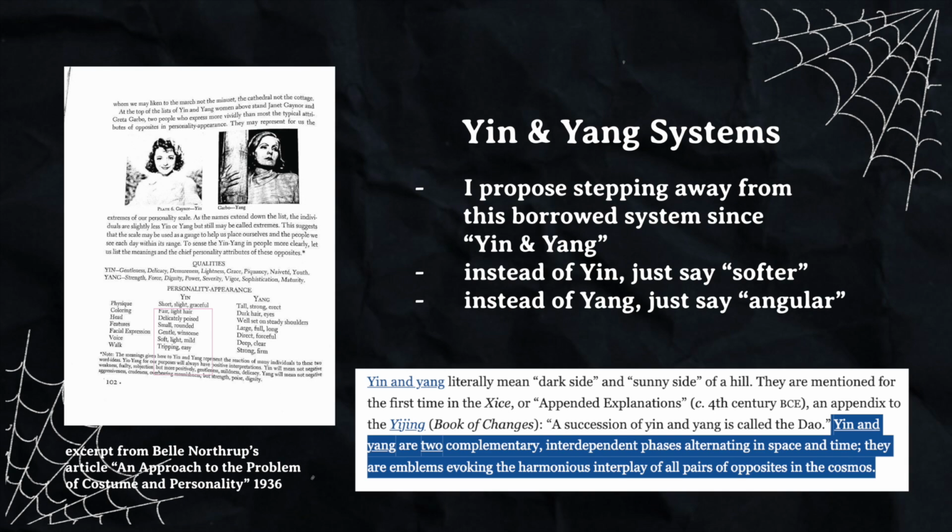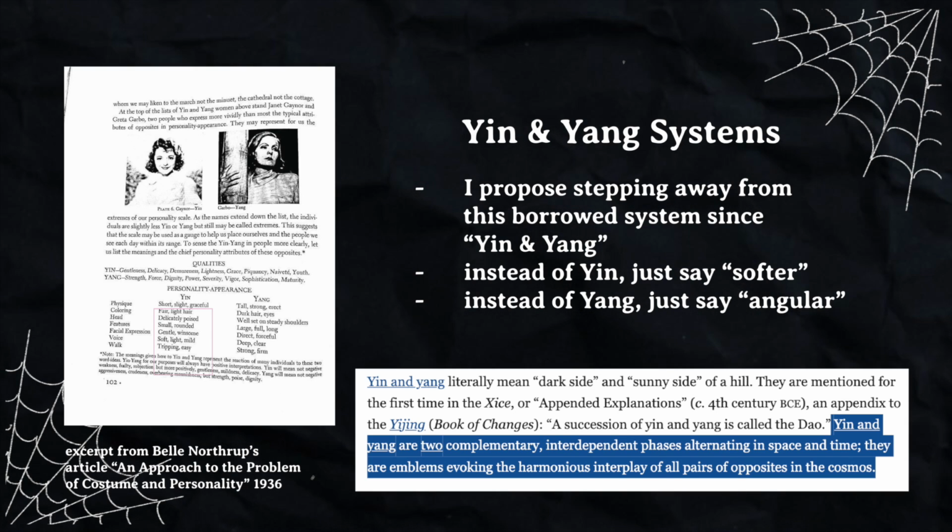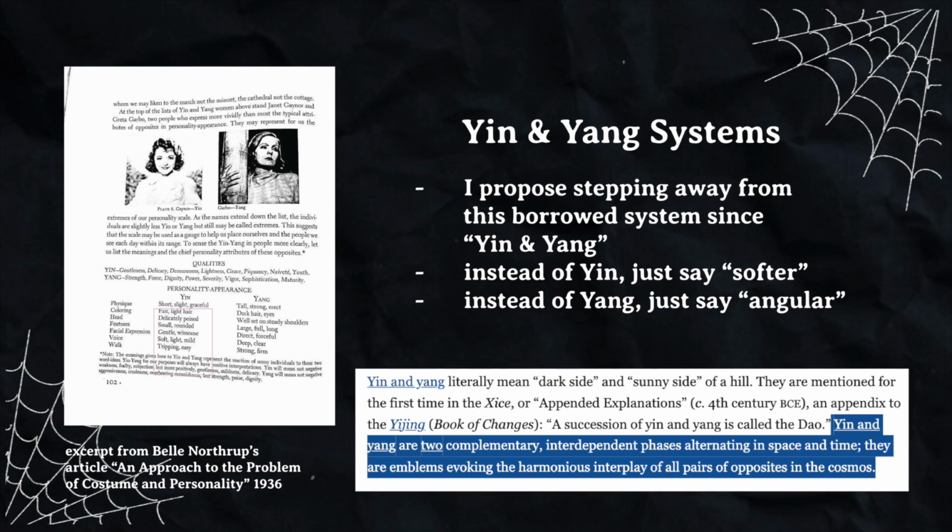And instead of using yin, I want to use the terminology softer, and instead of yang, we're going to use angular. And yin and yang was mainly used because Belle Northrop, and then followed by Kibbe and followed by Kitchener, was to step away from using the words feminine and masculine when referring to facial features and body types. However, I feel like we can still use the terms softer and angular, and there's nothing wrong with having any of those traits within our body and our face. And with that being said, where does Ingenue fit on this scale of archetype?